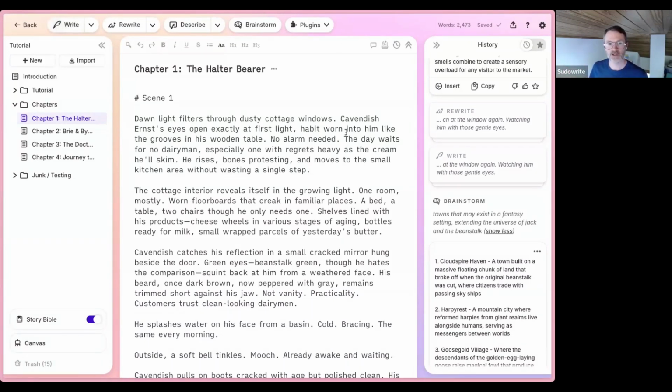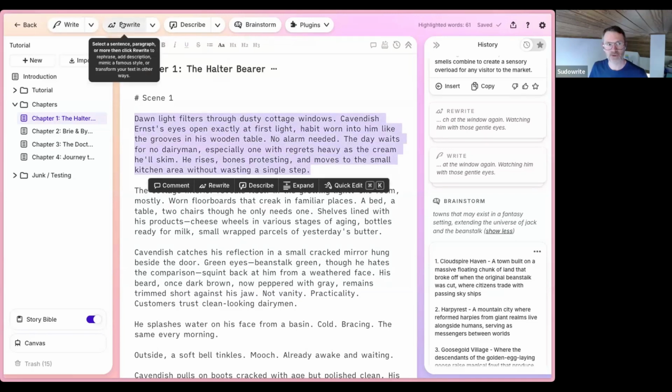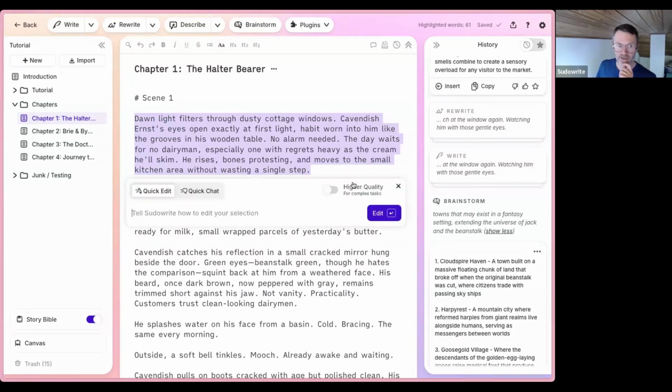I've already showed you Rewrite, where I can grab a passage and click Rewrite from up here. But you also saw Rewrite in the selection menu. That's the same Rewrite, you're just choosing a different way to pop it open. It might be more convenient doing it from the selection menu. But there's this button on the right here called Quick Edit. Quick Edit is one of our two quick tools,